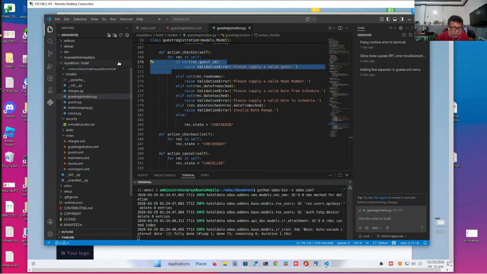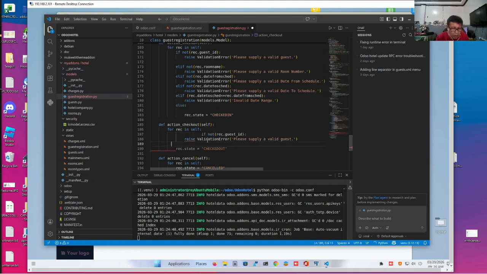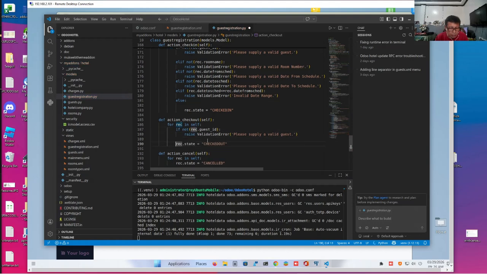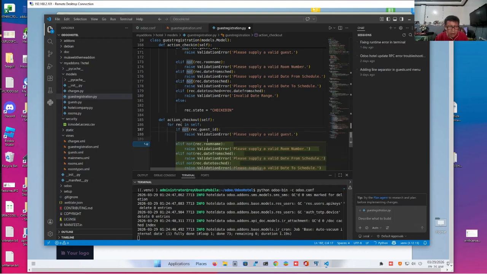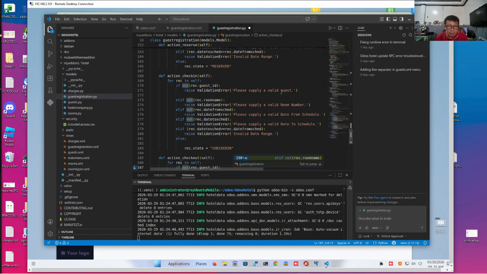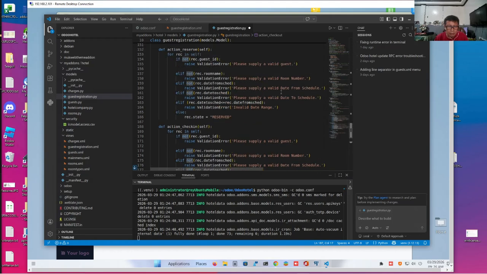Okay, copy it here. If what should be the checkout? Here's the simpler version. Let me just copy it.